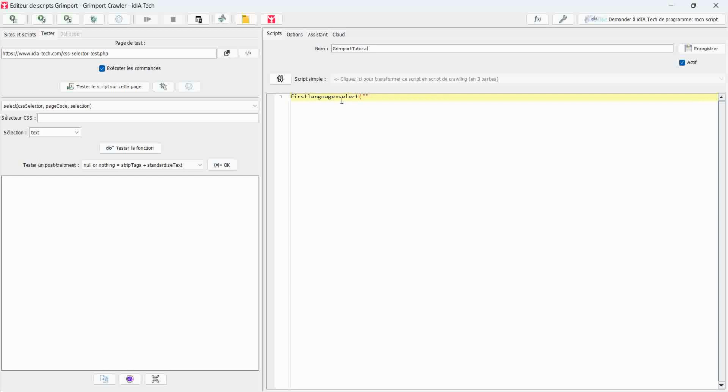Don't forget to put a hashtag before your ID name. It's the same for the class, but it's not a hashtag, it's a dot before the class name. So here, list of languages. Then we saw that the programming languages were between Li HTML tags, so don't forget to put Li at the end. And we'll console first language, save your script,